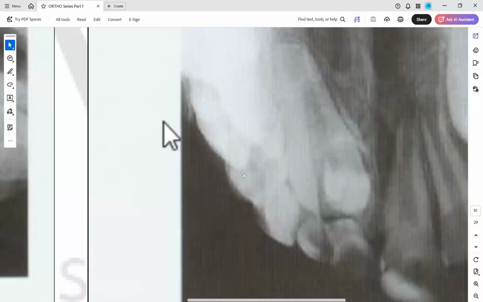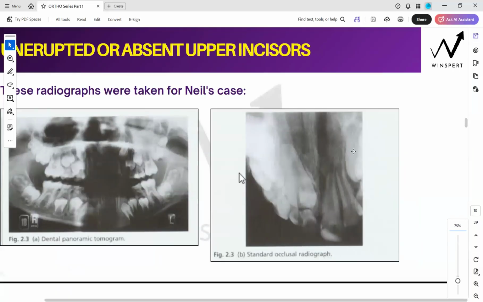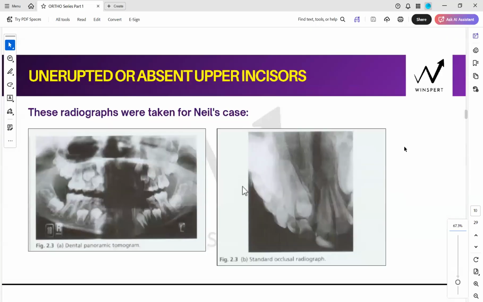Clear for everyone or no? Is it crystal clear or not? But you must know, even as an orthodontist, you are not going to do all those treatments. But as a general dentist, the ADC exam will ask you what will be the management planning for your patient. That you must now be capable to answer. Yes, there is a midline shift that will be required to be corrected, space to be created for the central, mesiodens will be extracted surgically, and then this central will be brought down orthodontically, closed technique or surgical removal technique.